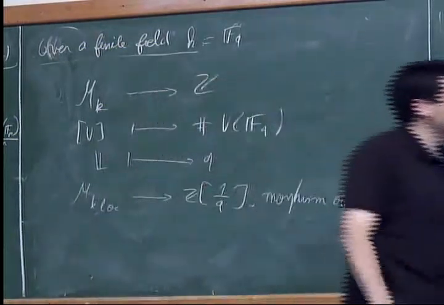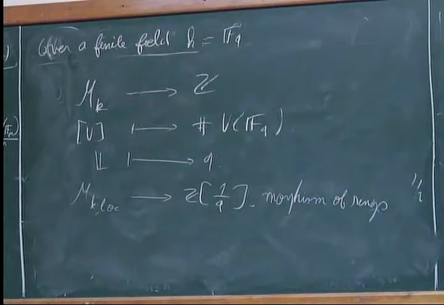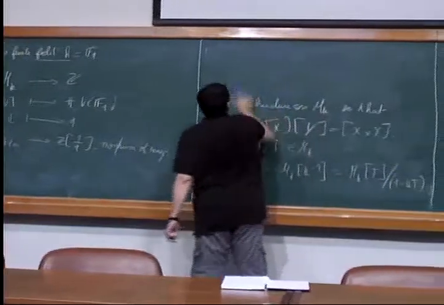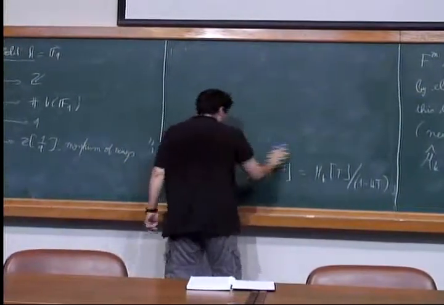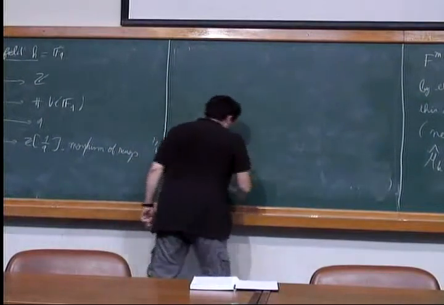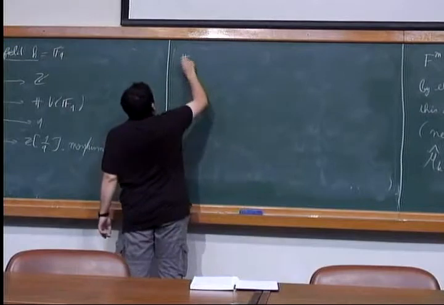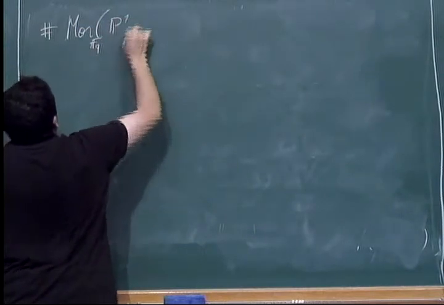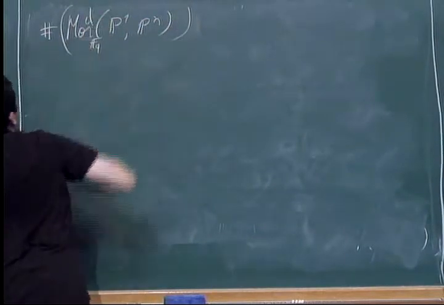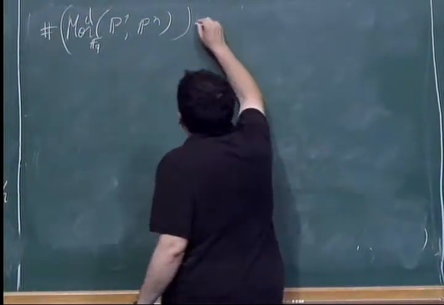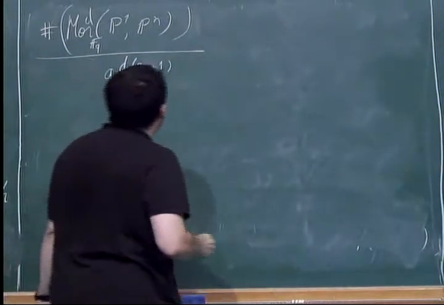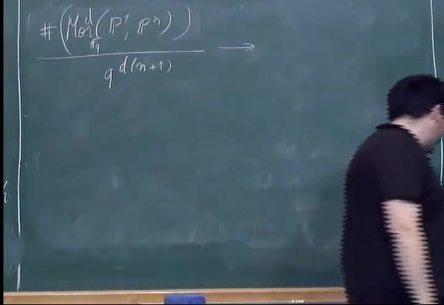So this means that I can apply this morphism to these numbers, and I get a result. So I get that, in fact, the cardinal of the morphisms over Fq from P1 to Pn of degree D, divided by q to the power D times (n+1), converges as D goes to infinity